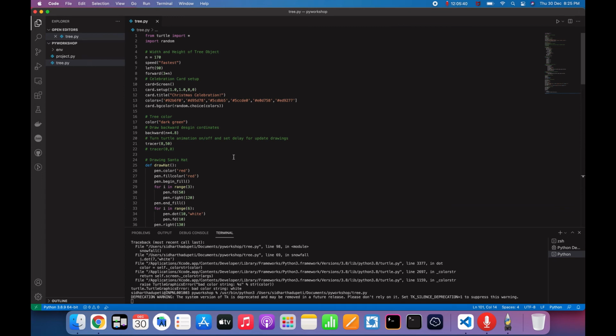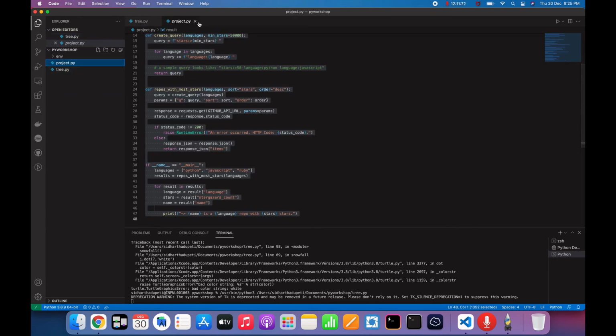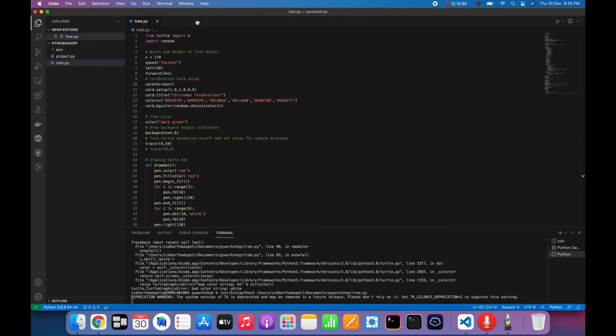You can check this out, and if you are interested to learn Python, look for our next video in which we are going to write a program which is going to get all the top cryptocurrencies which have recently changed and is going to display them on a website. So it's like a cryptocurrency tracker which we are going to build in a simple Python program. So look for that video.